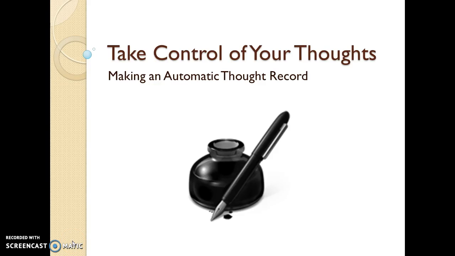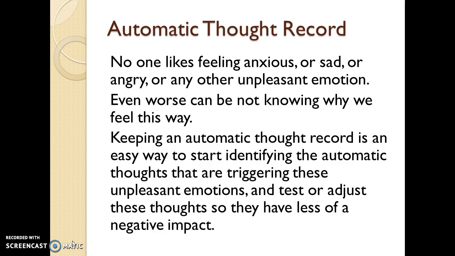This short screencast will take you through the process of doing an automatic thought record, which is a tool that can help you take control of your thoughts and as a result, help you start feeling better. No one likes feeling anxious or sad or angry or any unpleasant emotion. And even worse can be not knowing why we feel this way. But keeping an automatic thought record is an easy way to start identifying the automatic thoughts that are triggering these unpleasant emotions and test these thoughts or maybe adjust them a bit so they'll have less of a negative impact